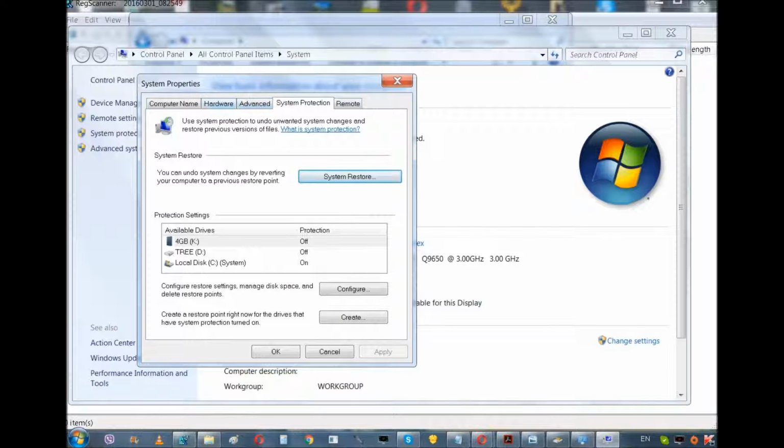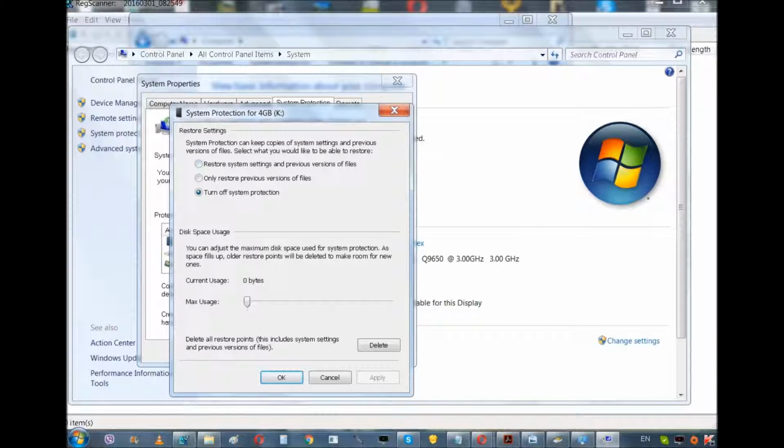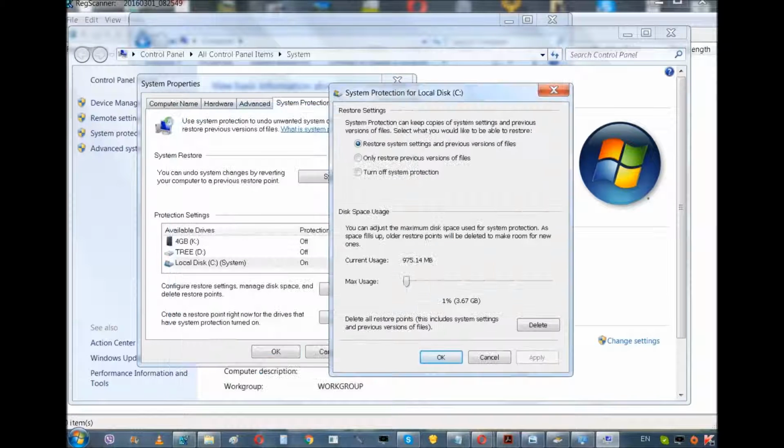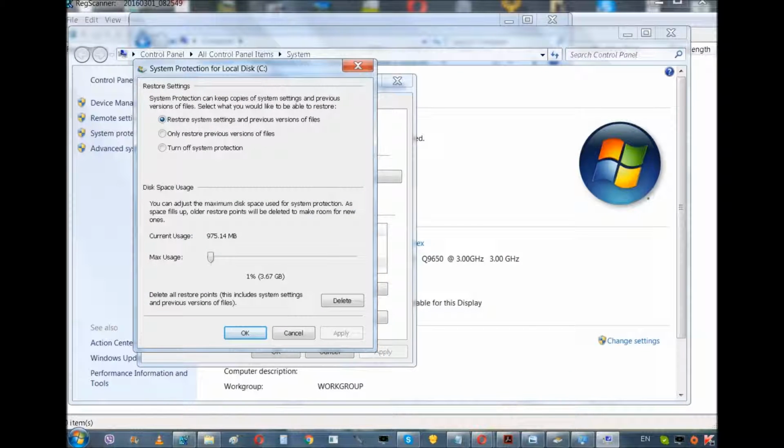So make sure all your restore points and backups are deleted. Go to system restore protection, which is under, let's see, this is C right here, configure C, and our system restore is on. So basically we do have 975 megabytes in system memory set and saved. Whenever you back it up, your computer is constantly backing up your files, so your registry is backed up. So in this case, anybody who wants to retrieve something from your computer is going to use this backup to retrieve the registry. What I suggest is to turn off system restore protection, apply,